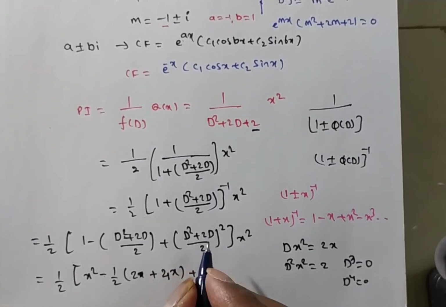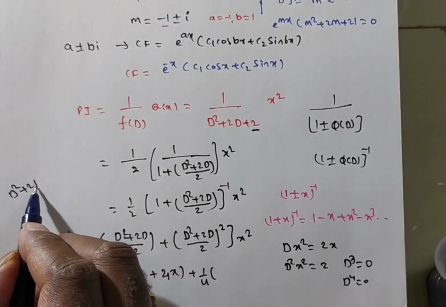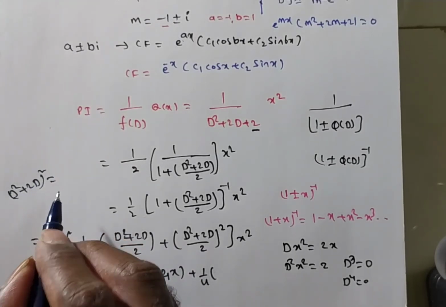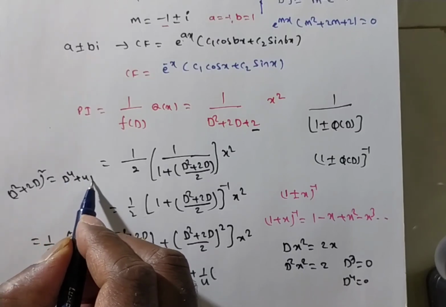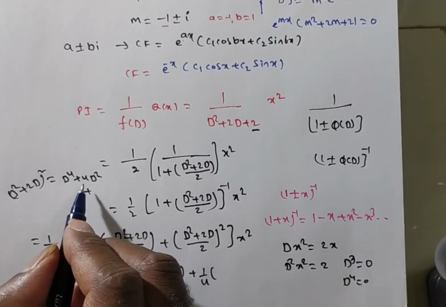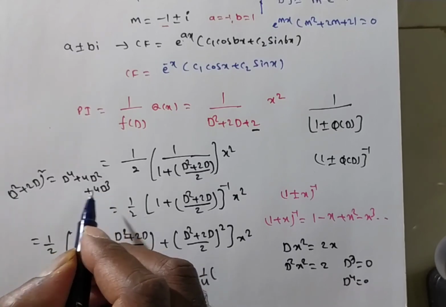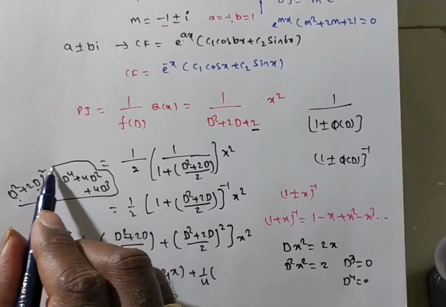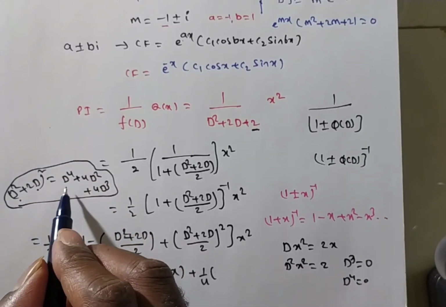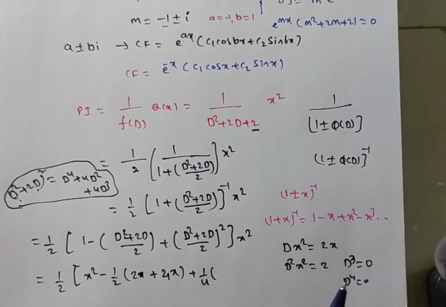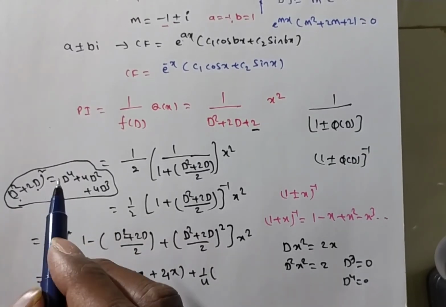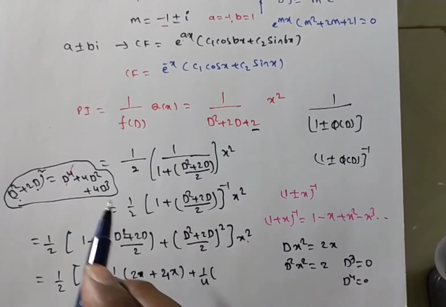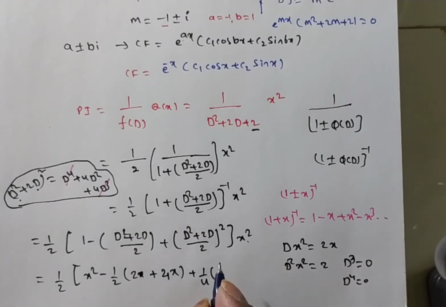Now this is (a plus b) whole square. You see friends, D square plus 2D whole square is equal to what we have? D to the power of 4 plus 4D square, yes or no? Plus 4D cube. Nothing but a square plus b square plus 2ab. But you observe, in this expansion we have D power 4. But on the right side you have x square. So what are you getting? 0. So don't take this D power 4 term. And D cube term, is it required? No. Only up to the maximum index of x we have to take. So what do you require here? 4D square is enough. So 4D square of x square only.